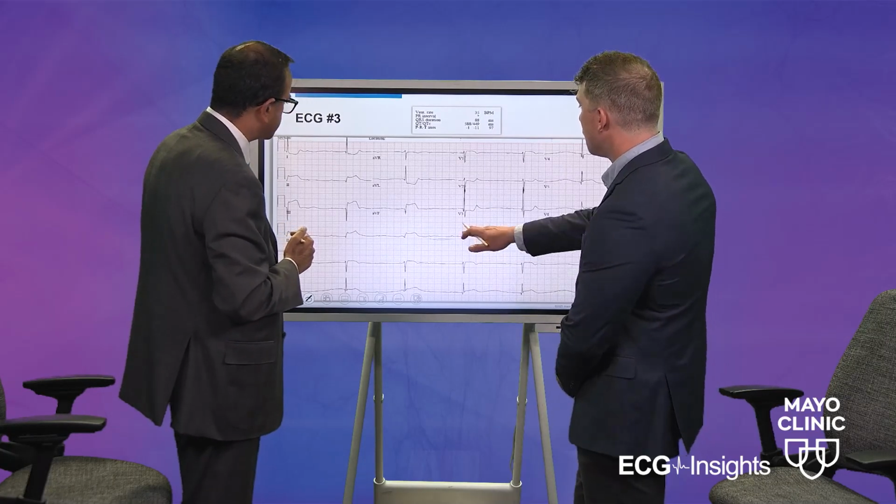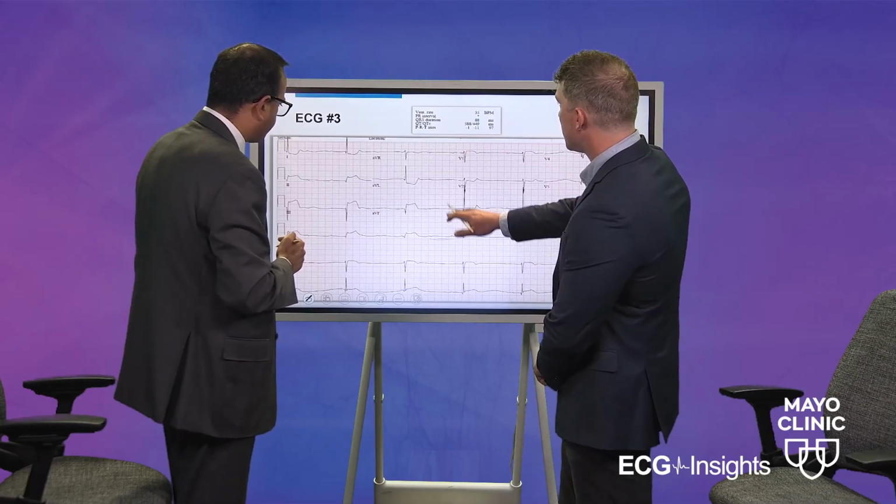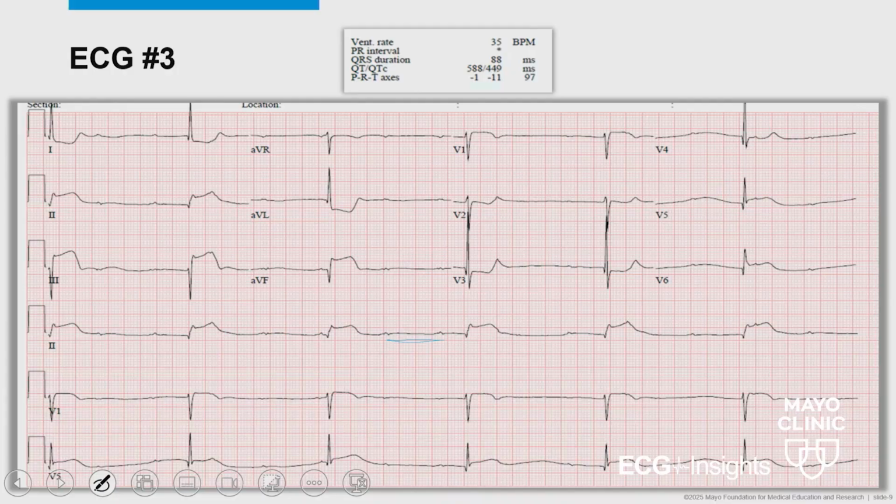Yeah. Sticking with the sinus rate, the other thing you notice here is that it says ventricular rate is 35. Every once in a while I'll see somebody call this particular ECG sinus bradycardia with complete heart block, when in reality the SA node is firing normally here, right around 70 beats per minute. So it wouldn't be sinus bradycardia, because your sinus rate from P to P wave would just be sinus rhythm with complete heart block and that junctional escape focus.